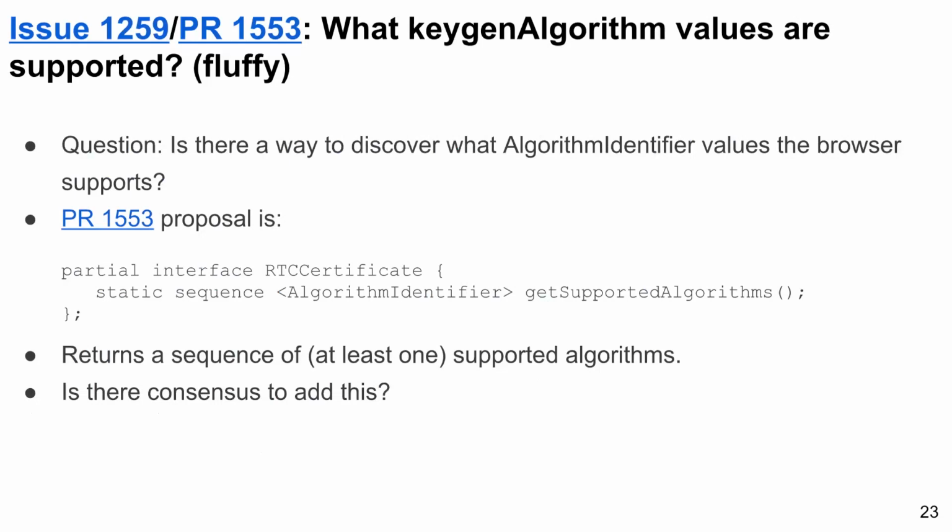Cullen, is your theory that for RSA, this would return RSA 2048 even if I supported everything between 2048 and 16K? I don't really have a theory on this. I recognize the problem that was brought up before. RSA is the problem. All the other ones are fine. All the other ones are discrete. Okay. So with RSA, it would return the largest RSA one you possibly supported and maybe one other one. Or it would return only the largest one you support with the assumption you supported anything smaller than that. Oh, you probably don't want that, because typically it's like 15,000 per sequence. Right. So, but I think